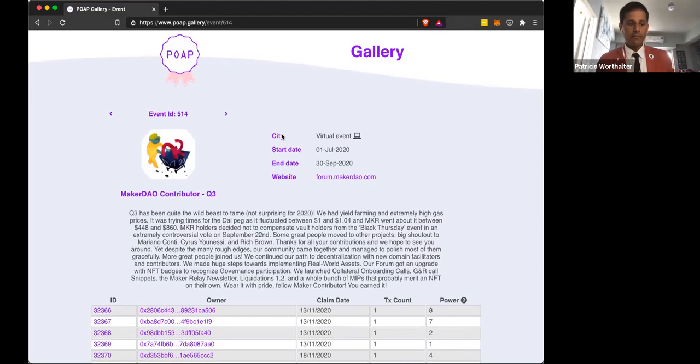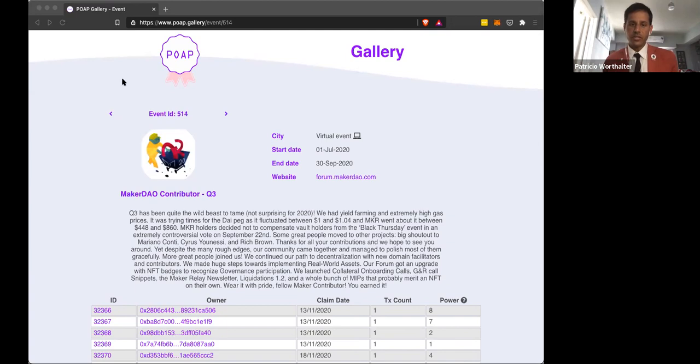So we say that POAP is like Foursquare, a system for collecting badges, but it's permissionless, so anyone can issue badges. You don't need to ask Foursquare for permission or pay them. And the badges are only yours. So you can be completely sure that if we disappear, all the information you need is still available on the blockchain or on different sources, because everything is open source. So we started doing this thing on Ethereum. It has done well. It helped many people understand this concept of true ownership of assets that are only yours and nobody can take from you.